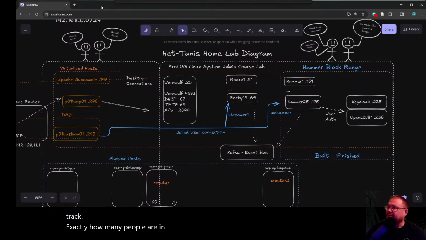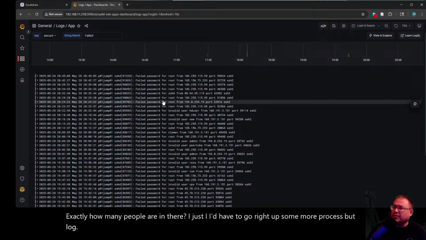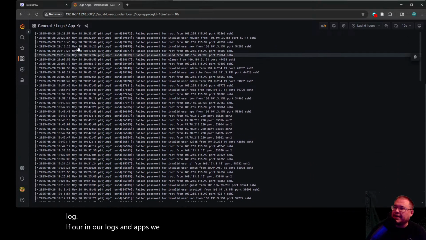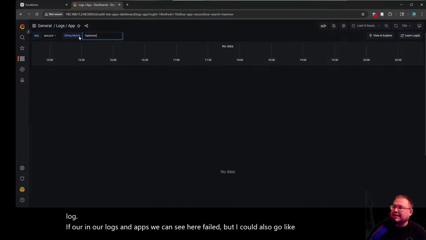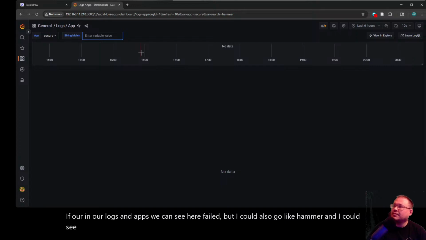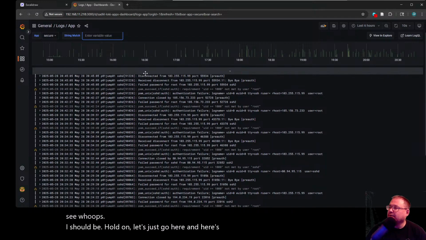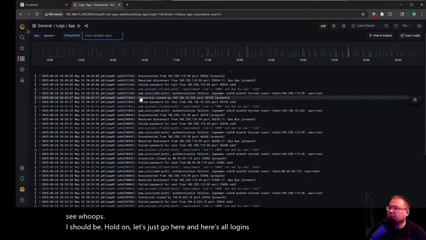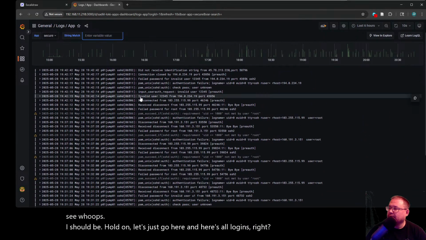I'd have to write up some more process, but in our logs and apps, we can see here failed, but I could also go to Hammer, and I could see all logins, right? Logs and apps.